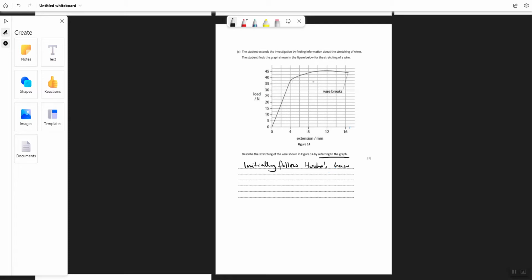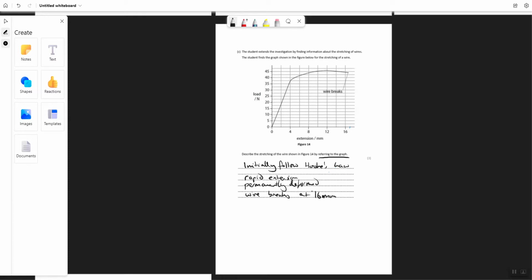We then enter a region where we have rapid extension, where the wire is permanently deformed, and then ultimately the wire breaks at